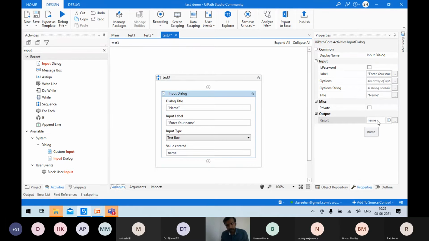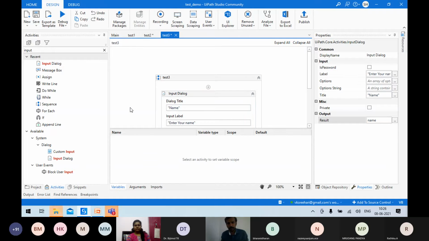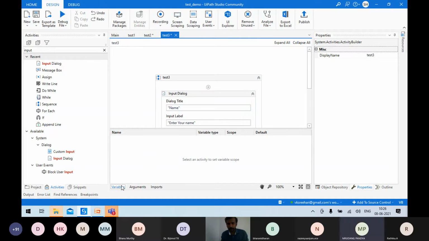In that, please right click and select the option create variable. Okay, sir. Then you give a variable name for it and press enter. If your variable is correctly created, it will be displayed in the variable tab. Yes, sir, created. Okay, so I think the error is gone.